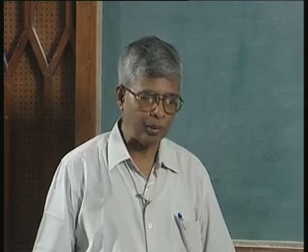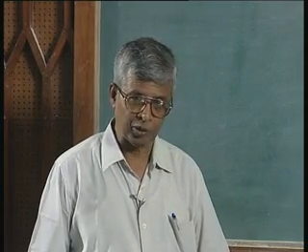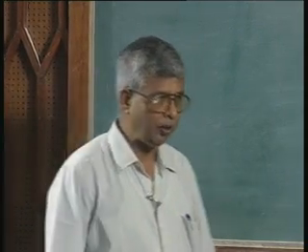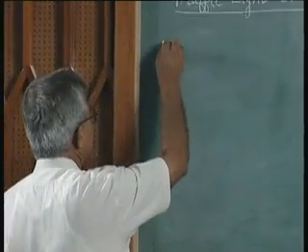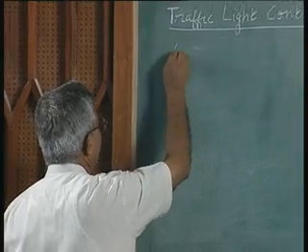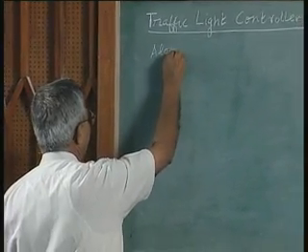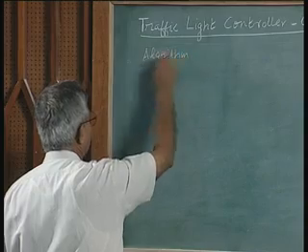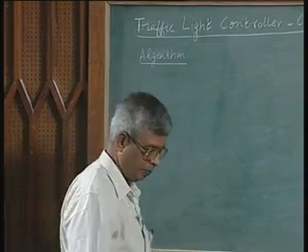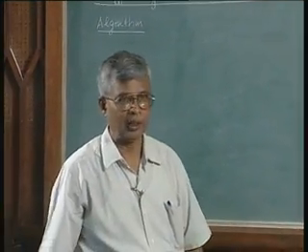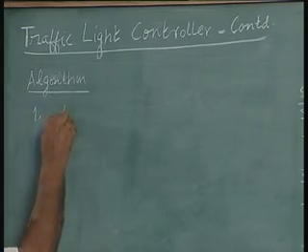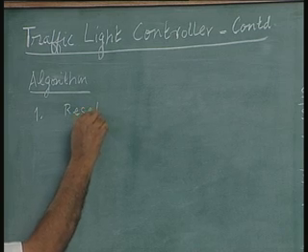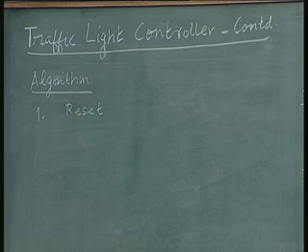In order to recapitulate what we did in terms of specifications, we will quickly go over the specifications of the traffic light controller. First, it is in the reset state. This is sort of an algorithm, but not in the ASM form, just to give you a quick review as well as a summary of the specifications. Reset state, first the reset state, timer is started,